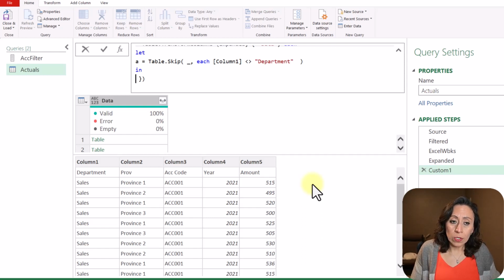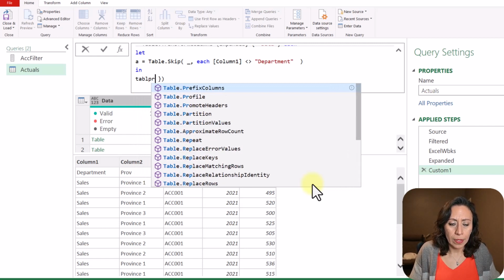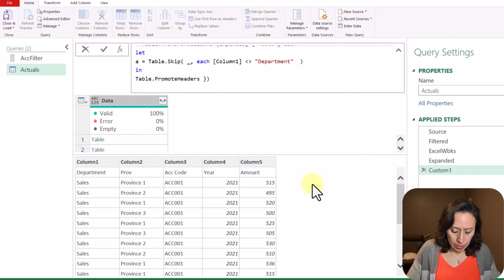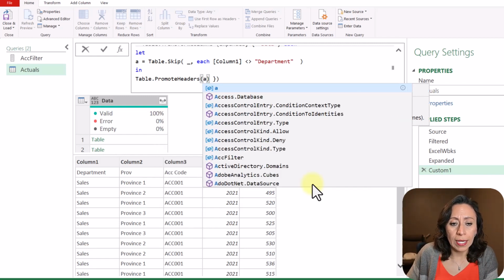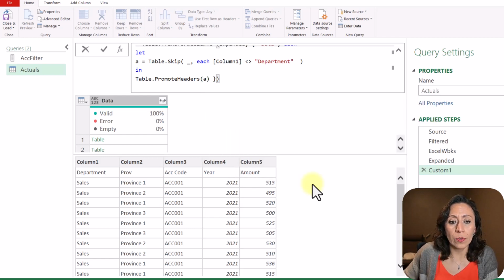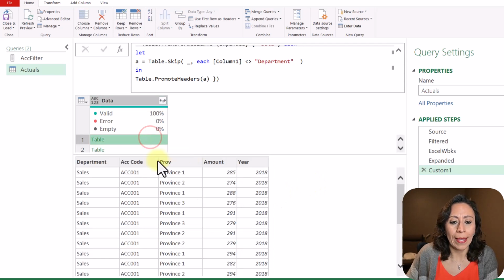And my result, what do I want as a result? Well, I want to say table, promote headers, open parentheses, to my table that is coming from my previous step, which is my variable A. I'm gonna go to the end and I'm gonna press enter and let's see what happens. Excellent.